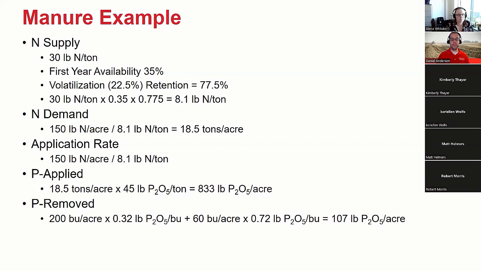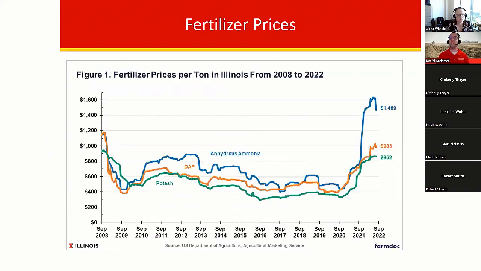But also as we think about maybe the higher fertilizer price regime we're on, I pulled this graph just the other day of some estimated fertilizer prices. It does come from Illinois, but hopefully their prices are pretty similar to ours. We do see really high prices for phosphorus and potassium yet. And if we're putting on at that nitrogen limited rate and not taking advantage of that phosphorus in our manure, it's a real missed opportunity for us to think about and value that manure as a resource.